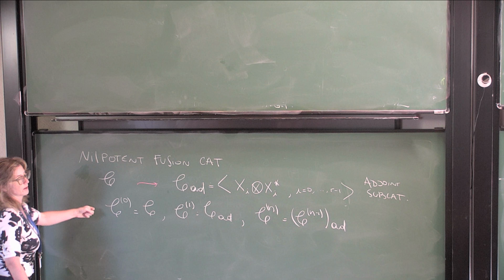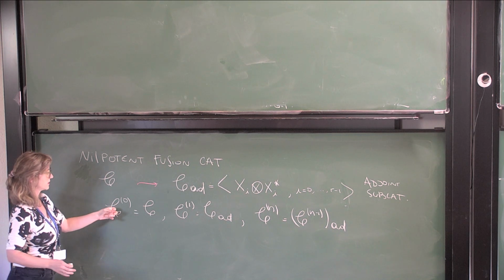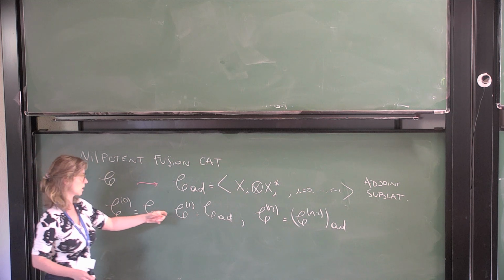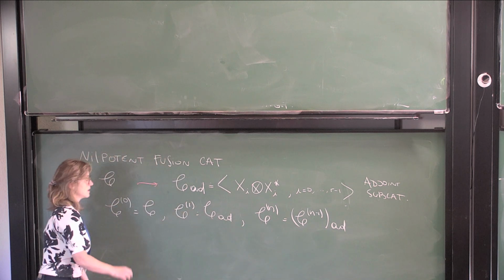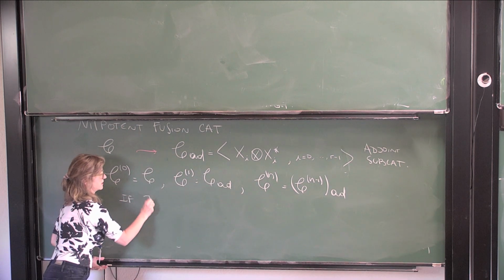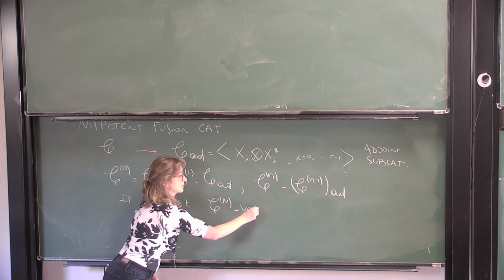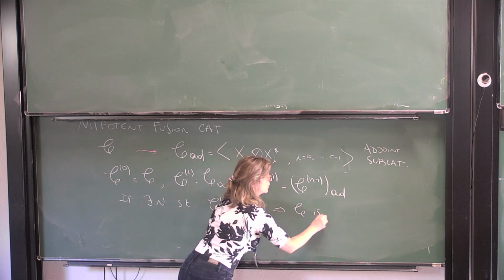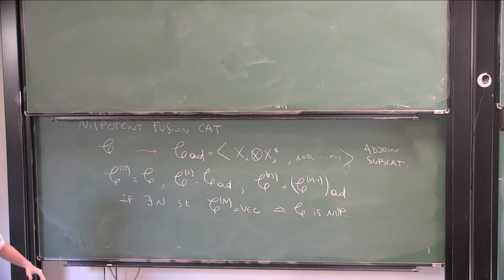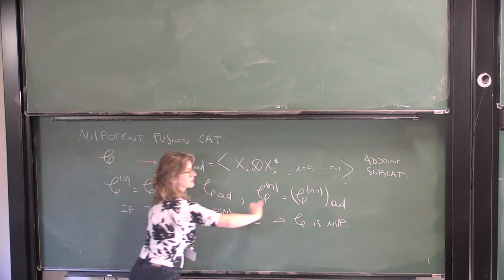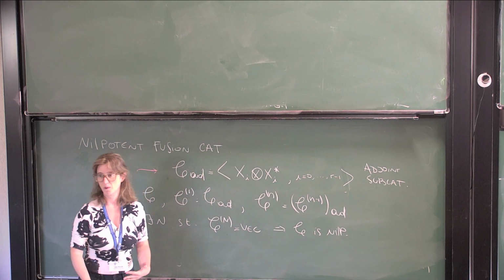And now we can define a sequence, so this might remind you more of nilpotency in a usual way. So we can define the sequence in the following way. C0 will be C, C1 will be the adjoint, and now I will take the adjoint of the adjoint of the adjoint. If there exists n such that Cn is Vec, then C is nilpotent, of nilpotency degree n, if that's the first time that Vec appears. Basically, the thing that could happen is that sometimes you get stuck. You get to the adjoint, and you take the adjoint, and it's the same thing, so you cannot keep going.